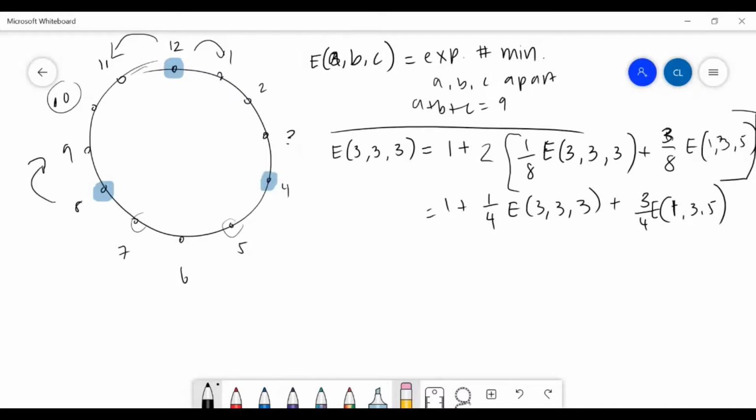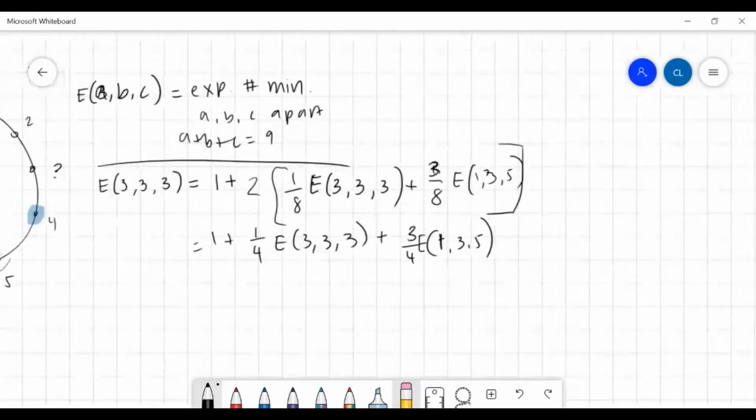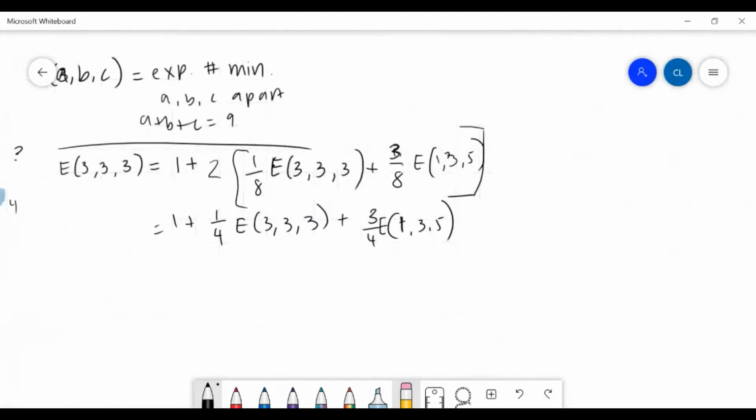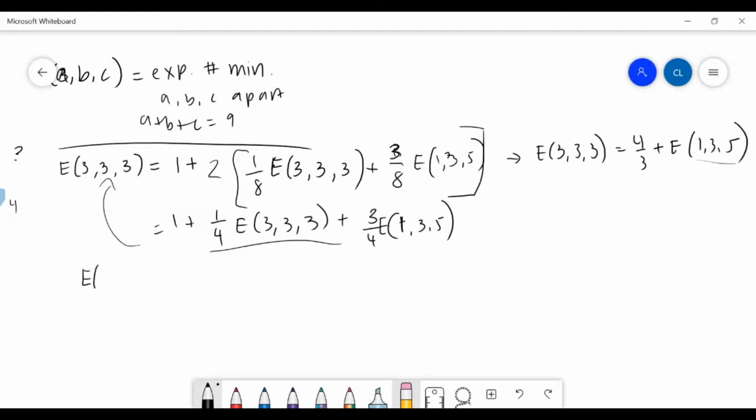Okay, and this means that you move this here. We have E(3,3,3) is 4/3 plus 5. Okay, so now we have a 135 here, and you basically just do the same thing,